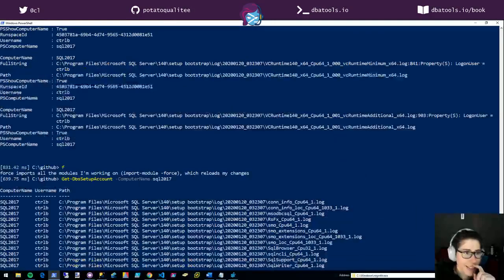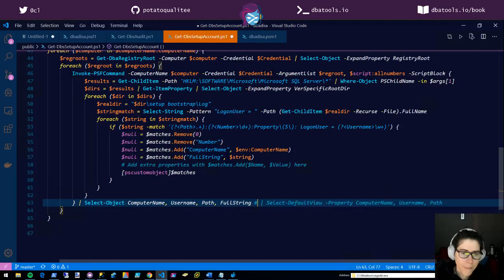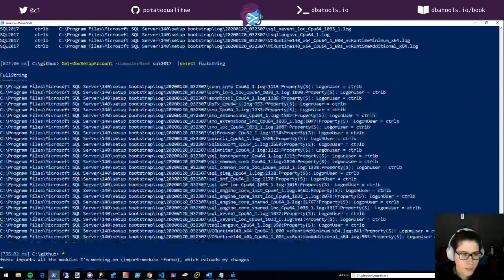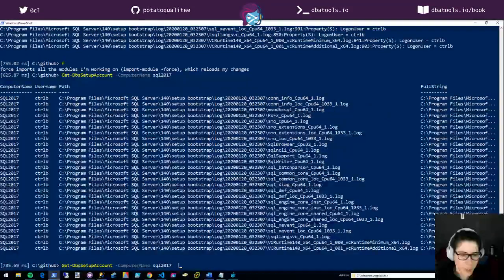It adds PS computer name, run space ID, PS show computer name. No, thank you. I don't want any of that. So what I did was a pretty destructive select object. And I'll show you what that looks like. I'm gonna do a get, so we're gonna look at it, and this shows everything, and then I'm gonna do a get member.